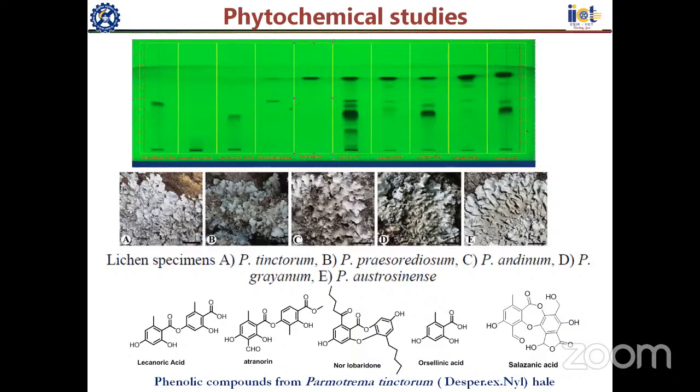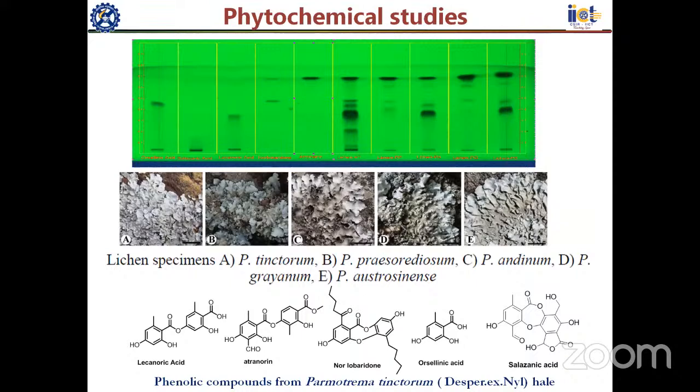These 5 compounds were then utilized as standards to map the presence of these compounds in the other lichens, because lichens are also known as pollution indicators. Lichens grow only when the area is non-polluted. When you collect these minor, non-abundant lichens, it takes another 5 to 6 years for them to grow. So to avoid disturbances in the chemical ecology, we developed the analytical method for the mapping and quantification of these compounds